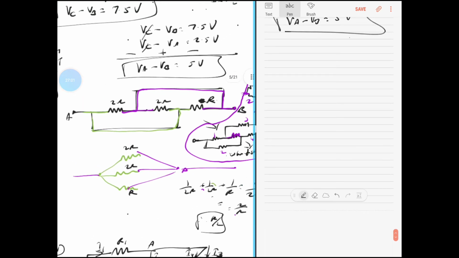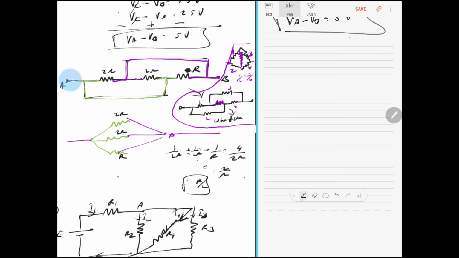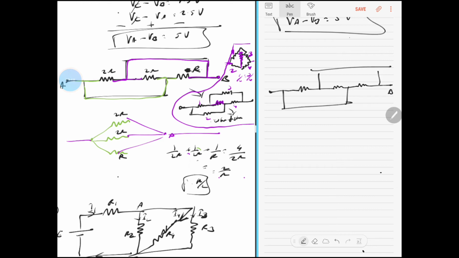This question is very, very important. And what is this question? The diagram is self-explanatory. You have a terminal A, you have a 2 ohms, you have 2 ohms, you have 2 ohms, and there's a terminal B. From this end to this end, you have a wire. To this end to this end, you have a wire. There's no resistance, you don't have a resistor there. So this is 2 ohms, this is 2 ohms, and this is an unknown resistance R.